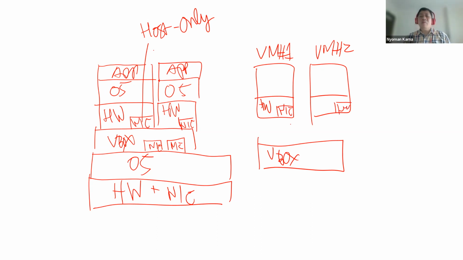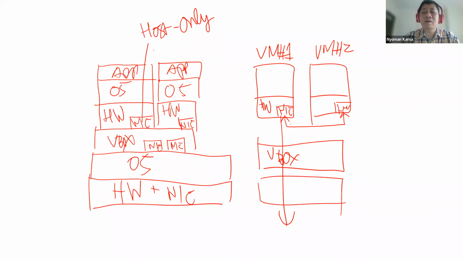So when a virtual network interface card is configured as host only, they can only talk to each other. So they can only talk from this network interface card to this network interface card. They don't have access to the internet. They don't have access to the hardware below this VirtualBox. So no. When we set up the network interface card as host only, they can only talk to each other.